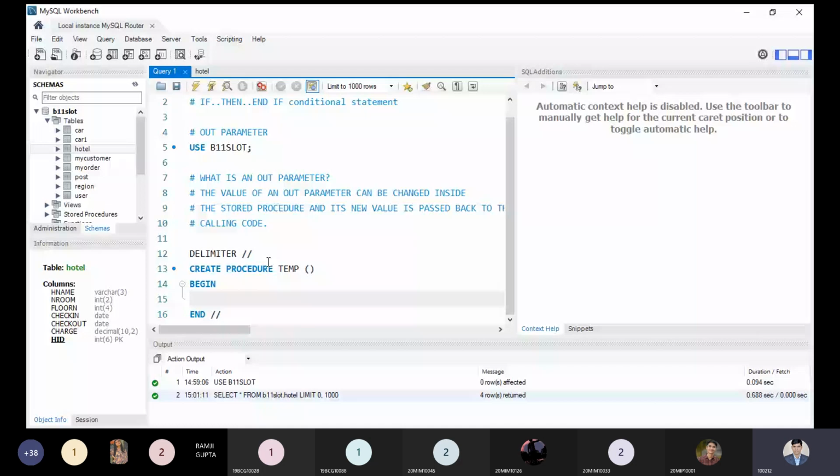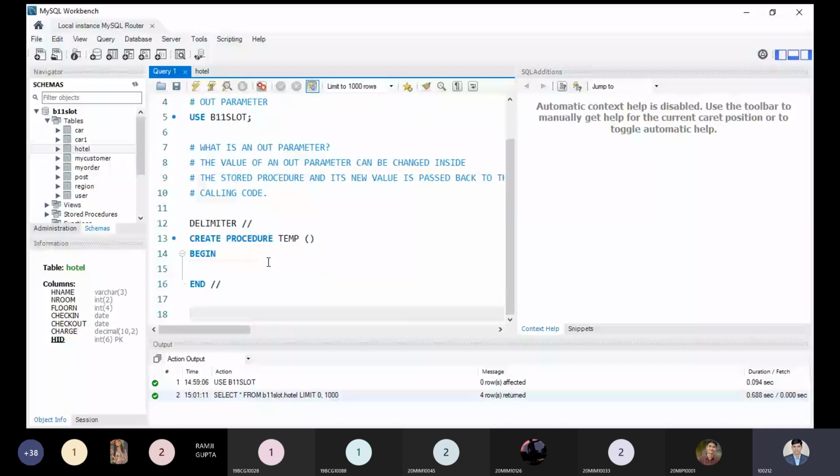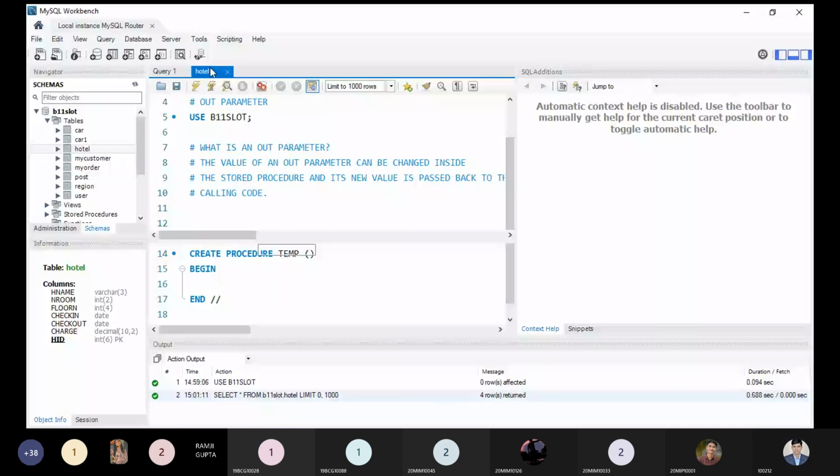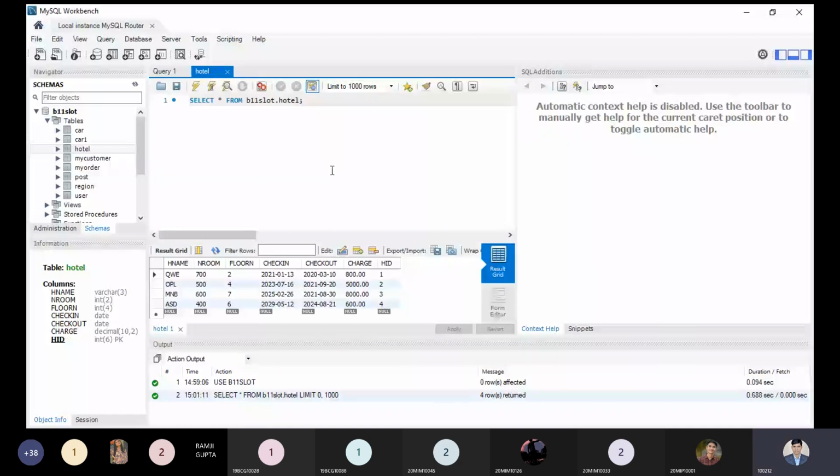Our plan is that while calling this procedure, the temp procedure, our aim should be that if I pass the hotel name, then I must see the details of the number of rooms, floor number, and charge. These three things I can easily see. So what is my problem? Let me explain.